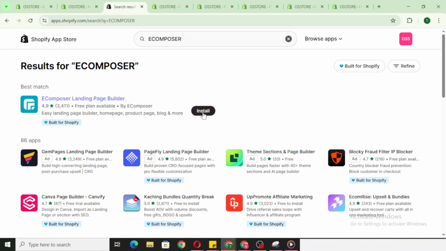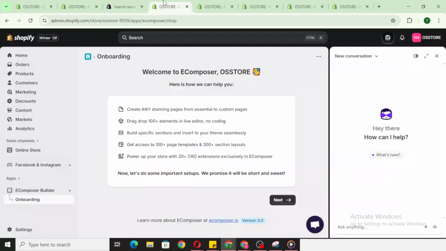Once the installation finishes, look to the left sidebar of your Shopify admin and click EComposer to launch the builder. On the main screen, click Start Building. You'll be asked to select the type of page you want to create. Choose the option that best fits your goal. Most of the time for campaigns or ads, you'll want a landing page layout that focuses on a single call